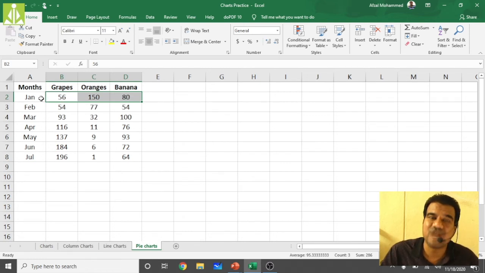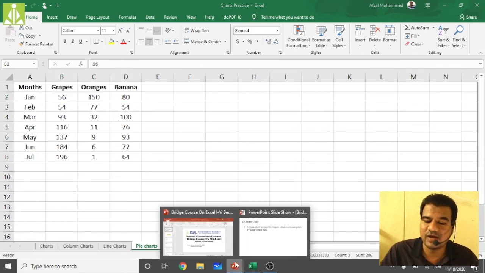In the month of January, whatever production we have, in that production, how much is the grapes production, how much is the orange production, and how much is the bananas production. In terms of percentage we will show. Percentage means out of 100. To show that, we go for pie charts. And pie charts, as I said, we can do only for a single row. We can't do it for multiple rows.